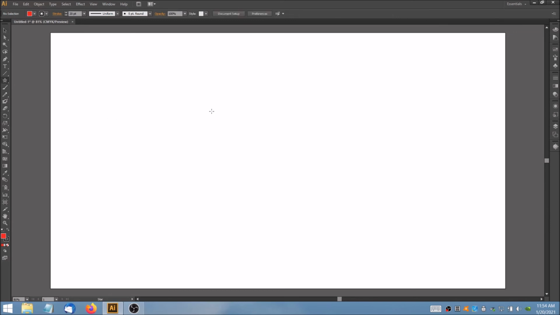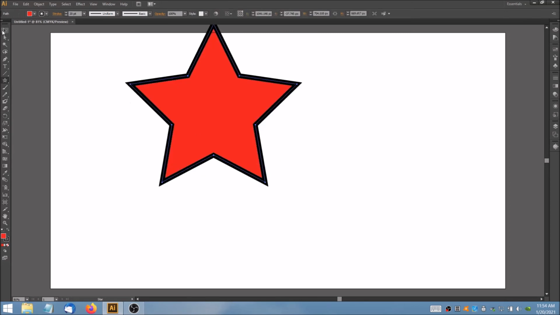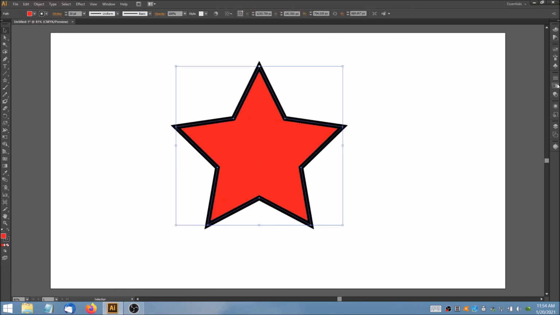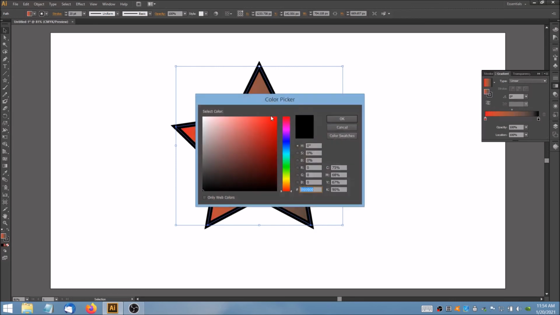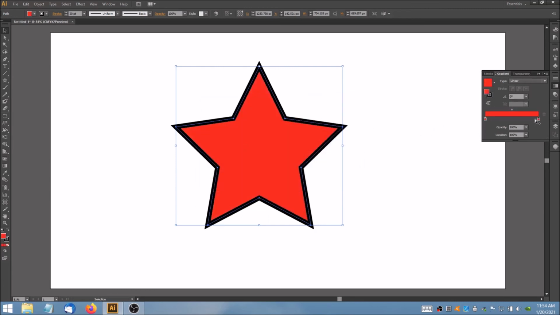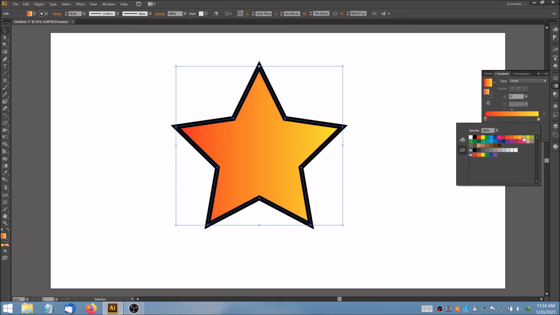I'm going to cap this off with a couple of notes about gradients. So we should be well familiar by now that we can go to the gradient panel to set up such a thing. And we can either start by choosing a pre-made one like white and black, or just click somewhere along this bar and you will start setting up the gradient. So I can just proceed as normal by choosing the colors that go along with each slider, or the color that goes to each slider. There's only one of them per slider. This option won't always be here, so I recommend just going straight to the fill box, but since it is here,